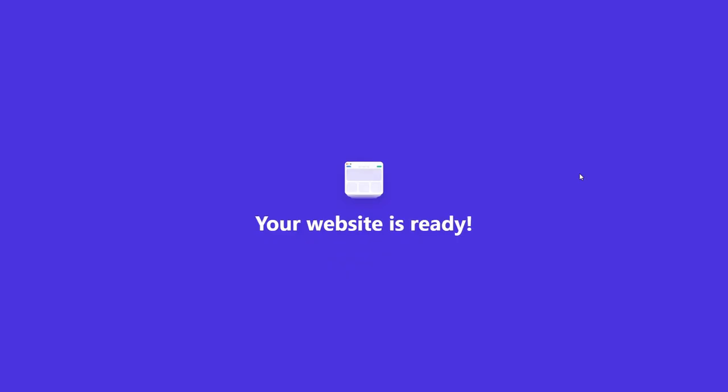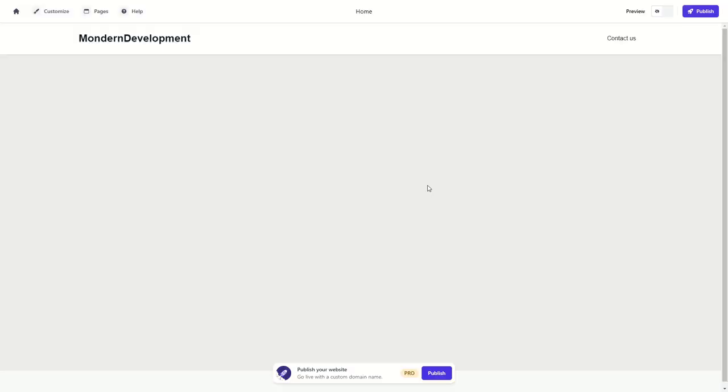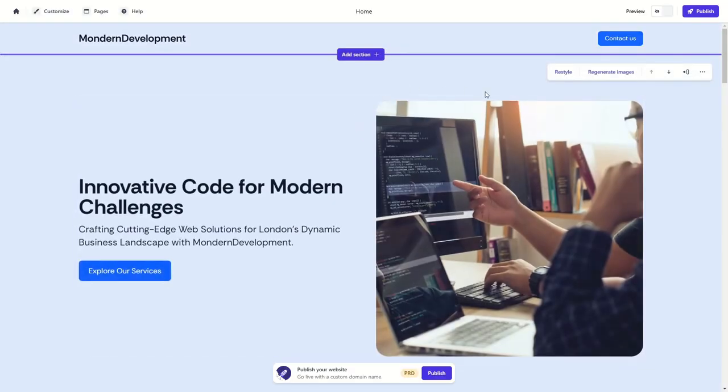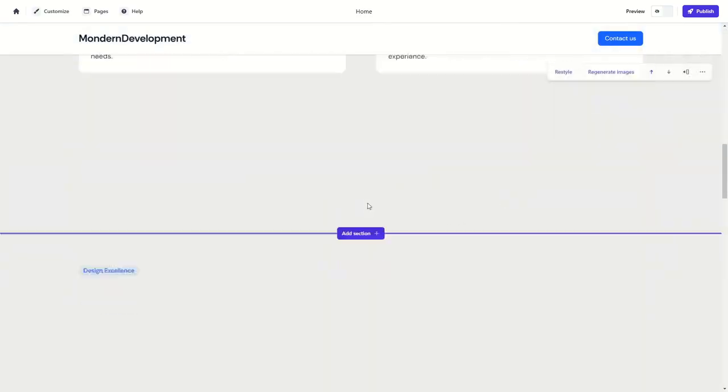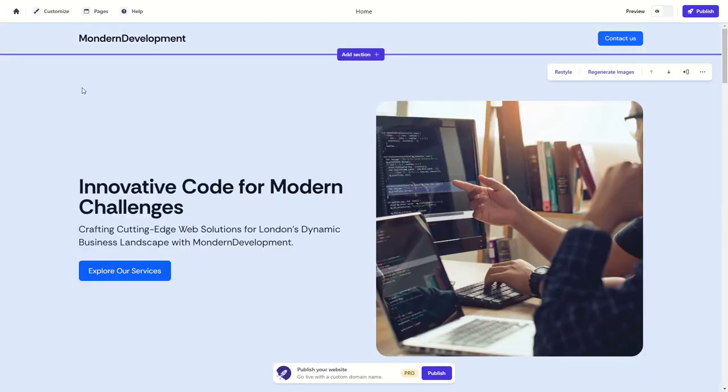Now when the website is finished, you can see your website is ready, and it asks us to sign up with our account. So in this case, I'll sign up with Google. After you sign up with your Google account or with your email account, you'll be redirected into the website builder, where you can then actually see the website which has been generated. It looks pretty good, but if there's something that you don't like about it, you can just click on customize